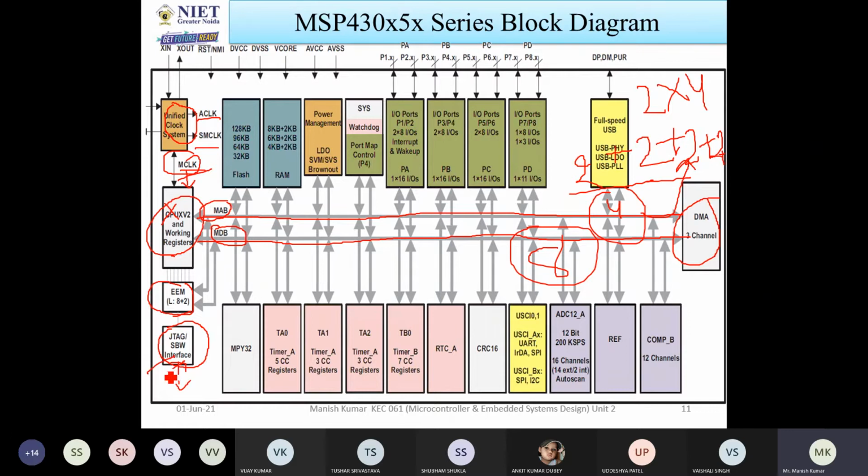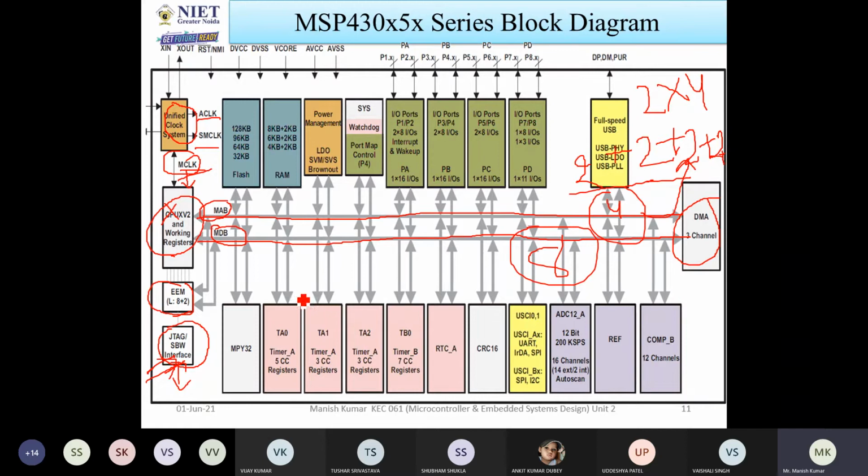You make a connection with the software, and you are able to find out whether each block you fabricated is working fine or not. Only after that will it come into the market. So this block is responsible for testing the circuit board. I will discuss everything in detail, but today I will just give you an overview.